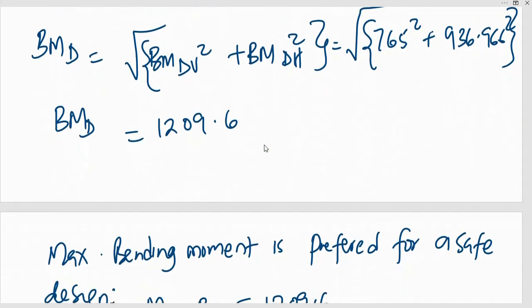Then the resultant bending moment at D is a result of also the square of the bending moment as a result of vertical loads, and the square of the bending moment as a result of the horizontal forces, and this would give me the square root of 765 squared plus 936.966 squared, and the bending moment at D therefore will be 1209.6 Newton meter. Now my task, having determined the bending moments, I need to design the shaft basing on the